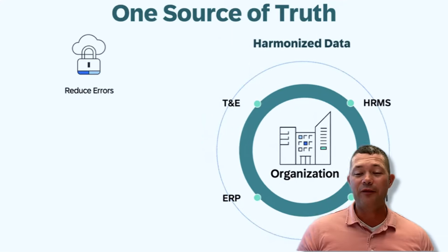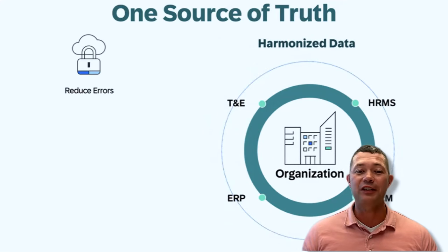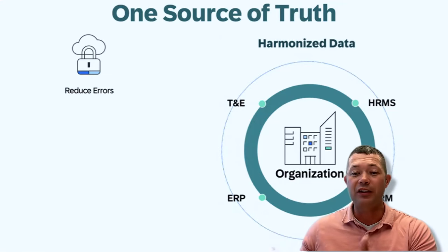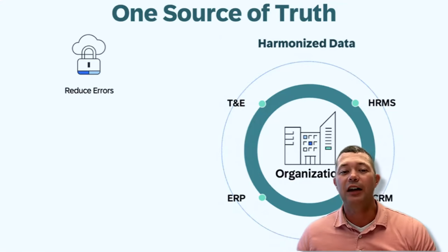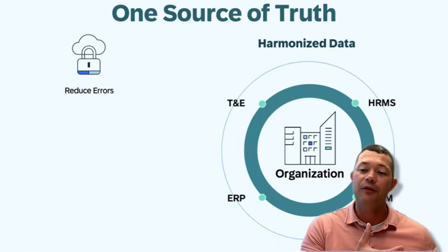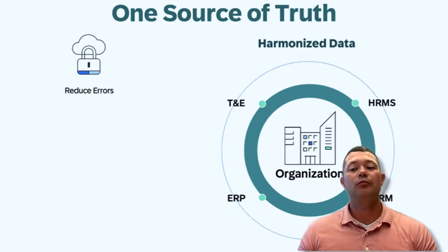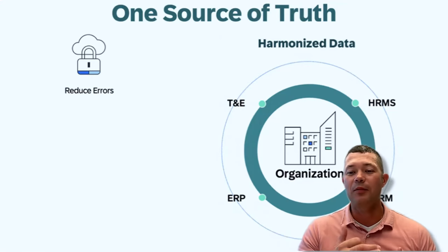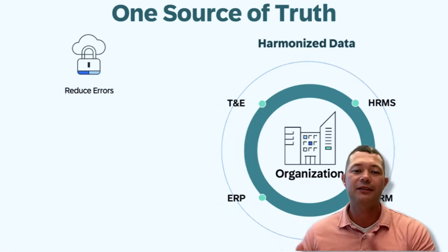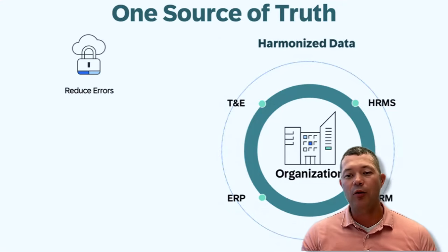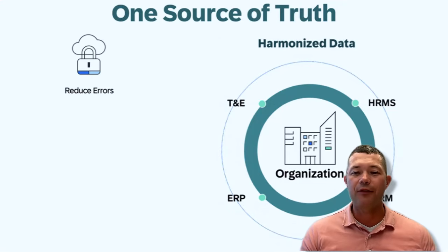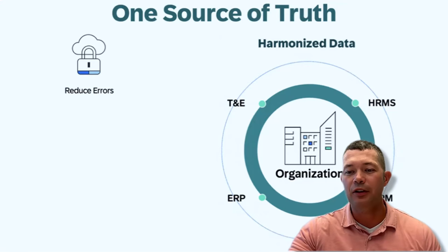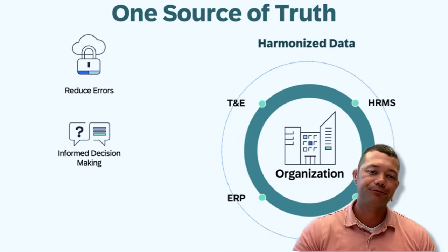So one of the huge benefits of integrating all your systems together and achieving that one source of truth is you reduce errors. So let's say I have to put information into my HR system, which is very common, and then you have to put it in your T&E system, very, very common as well. There's no "I missed a digit or I missed a number," because you get it right in one place, you get it right in the next, and so on and so forth. So it is a way for you to reduce those errors and really be more efficient in that regard.